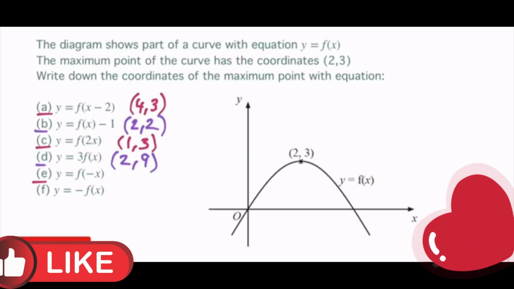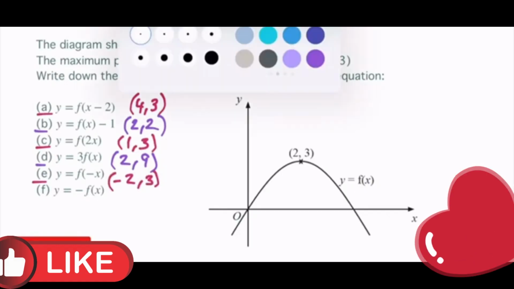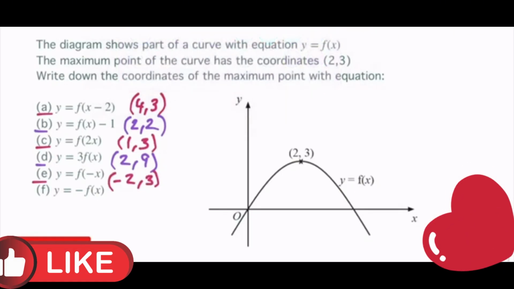So when we've got a minus in there, all that does is it swaps the sign of the x coordinate. It's still affecting x, it's inside the bracket, it just doesn't do the opposite this time. So it just changes the 2 as the x coordinate to minus 2. So the x coordinate becomes minus 2, and the y coordinate remains unchanged, stays as 3. So this one is a negative in there. That's the only scenario where it doesn't actually do the opposite. We just have to worry about, is it next to the x or is it changing the y,